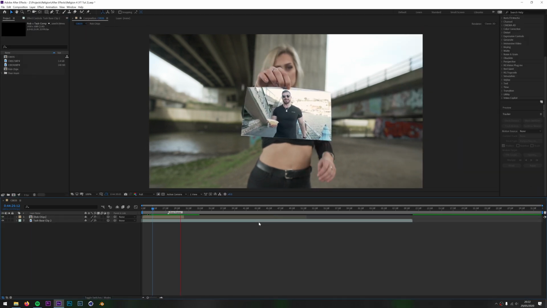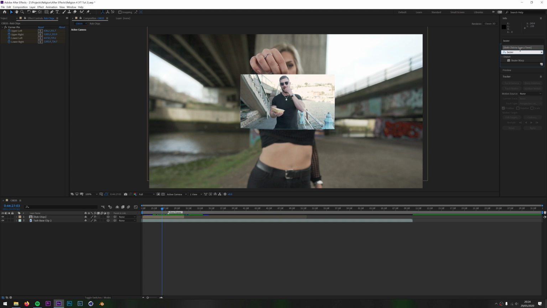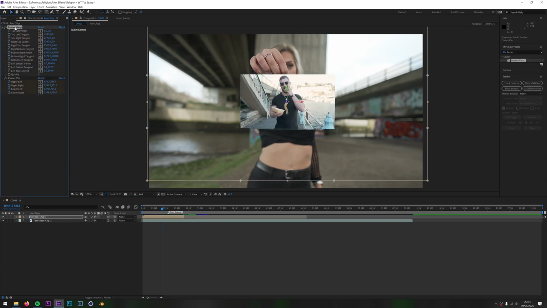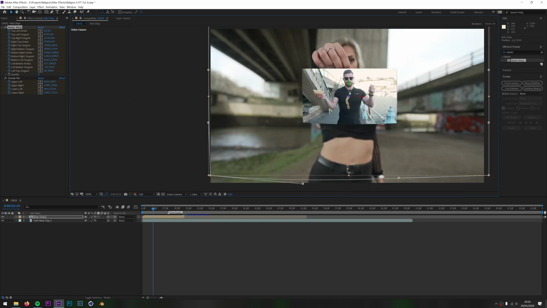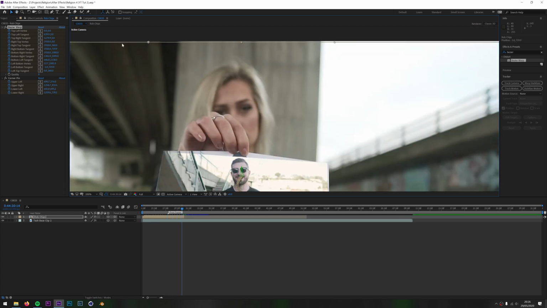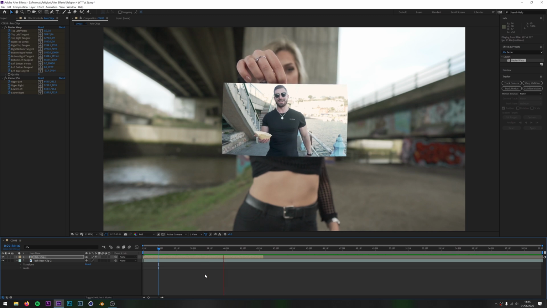Go to the effects, look for a Bezier warp and slap it onto that layer. Make sure you drag it above the corner pin effect, then batter some keyframes. Move the points to reshape the layer so it matches up with the photo, and then move down the timeline, readjusting the points, keyframing as you go along. Then play it back and you get.